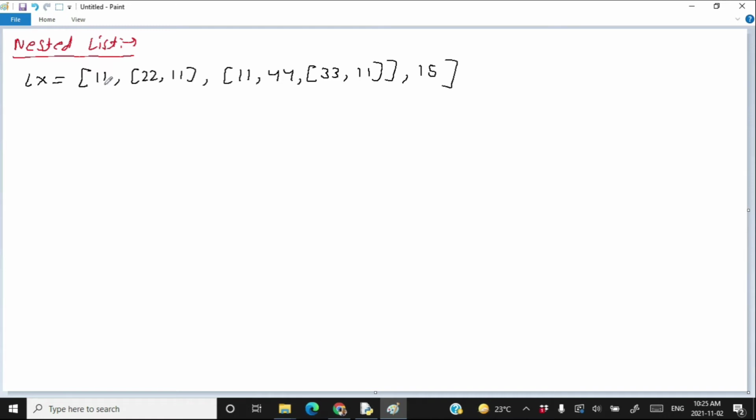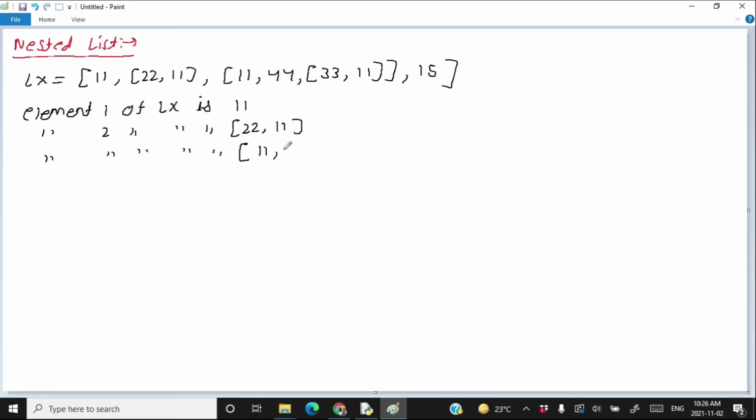Now just tell me how many elements LX has. Element 1 of LX is 11. Element 2 of LX is 22, 11. Element 3 of LX is 11, 44, inside that a list 33, 11, and this as a whole is the third element of the list.